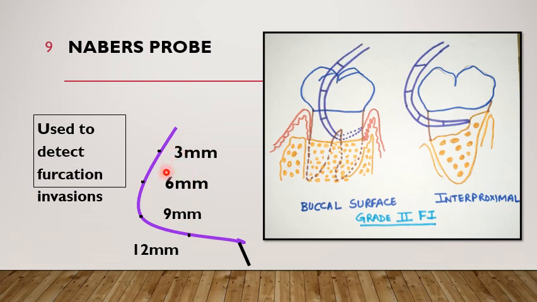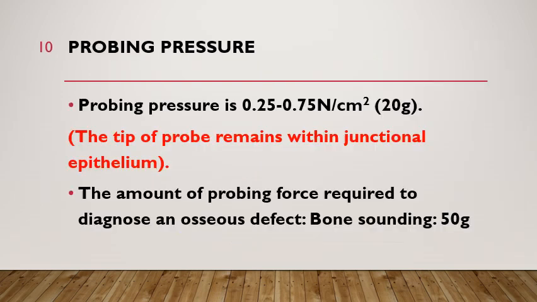Calorimeter. This is a calibrated one. This is used to detect and measure the horizontal component of furcation involvement. If we see from the buccal surface, this can easily enter because it is curved. Then we can see how much bone is lost horizontally because it is a calibrated one. And if we cut this section and rotate the tooth, this is the interproximal surface, so we can easily come to know how much bone is lost horizontally. So it is the probe which is used to detect furcation invasions.